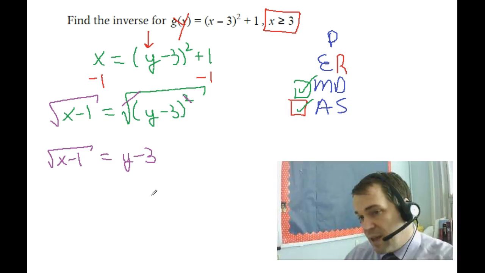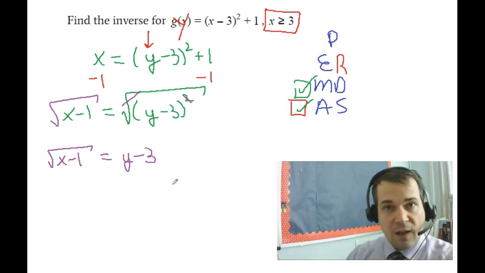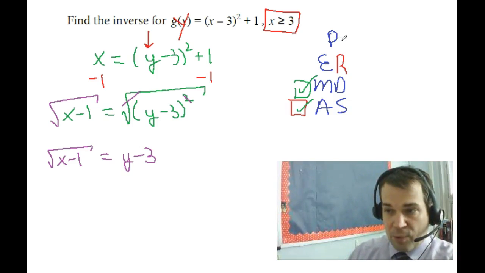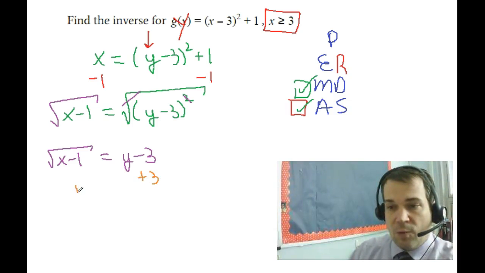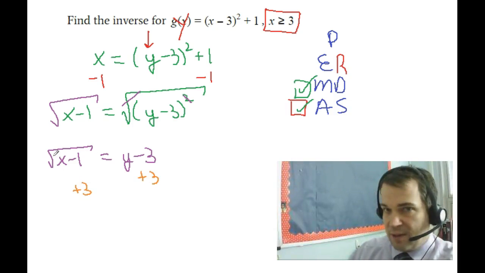Then I'm going to look at this right side and say, is that y by itself? It's not. We have gotten rid of the parentheses, so I'm back down at the bottom, and I'm saying, is there anything to add or subtract? I'm going to add a 3 to both sides. When you add the 3, it can't creep its way into this radical. It's got to stay outside. So the final answer is going to look like the square root of x minus 1,